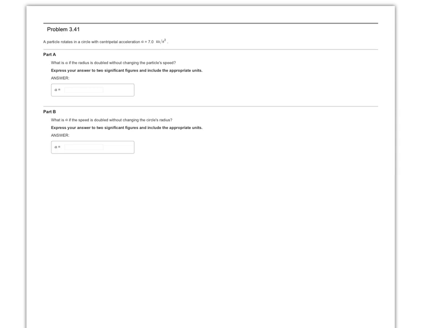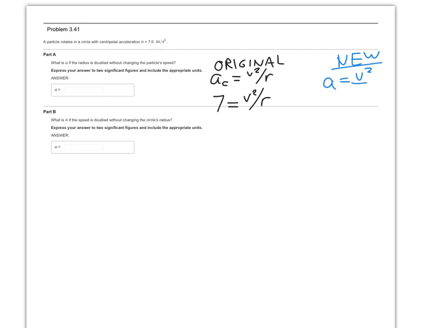So this is one where we're going to set up our original situation and our new one. In our original situation, we have our equation, centripetal acceleration is v squared over r. I know that my acceleration is 7, so 7 is going to be equal to v squared divided by the radius of the circle. In my new situation, I don't know my centripetal acceleration, so I'm just going to leave it as an a, and that's going to be equal to v squared divided by 2r,